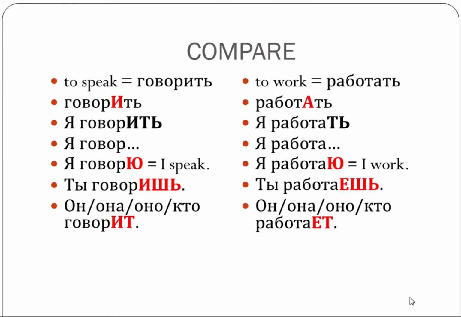Доброе утро. We're speaking about two Russian verbs, to speak and to work. Говорить, работать. And I'd like to repeat what I said in the last video so that you remember this better. When I try to speak or to write in Russian and I want to use some verbs I don't know, either my textbook or my dictionary are going to give me the infinitive form, the dictionary form.